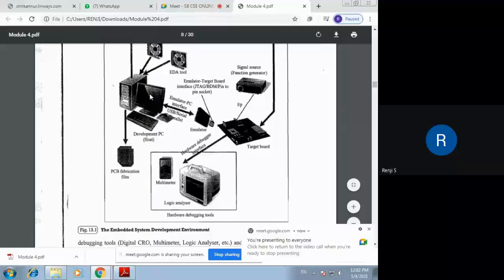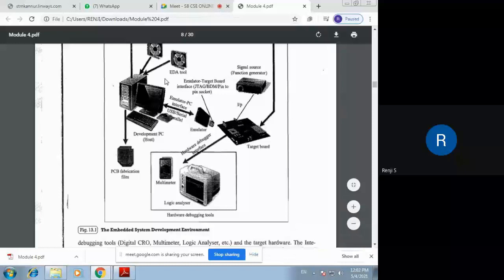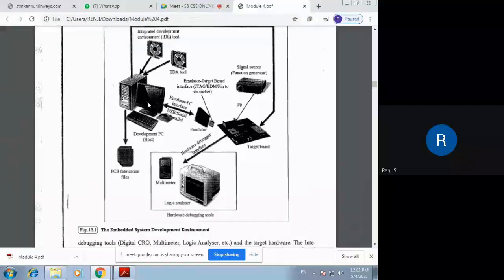Compilers that run on one processor but generate code for another processor are called cross compilers. So the IDE should have a cross compiler, only then can we transfer the firmware to the target board where there is another processor which needs to execute the object code generated by the cross compiler.